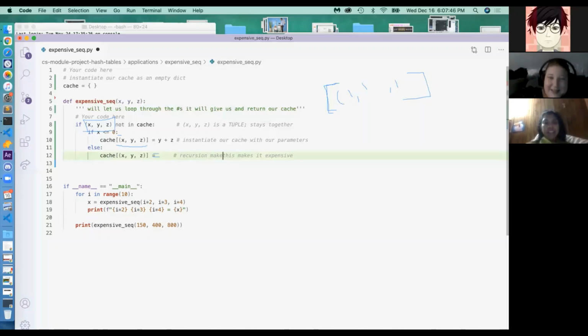You get recursion, and you get recursion, and you get recursion. Everyone gets recursion. All right, so now we're calling expensive sequence. And inside, we're gonna have x minus 1, comma, y plus 1, z,